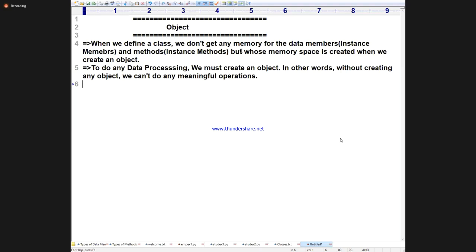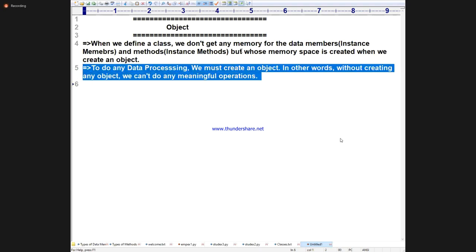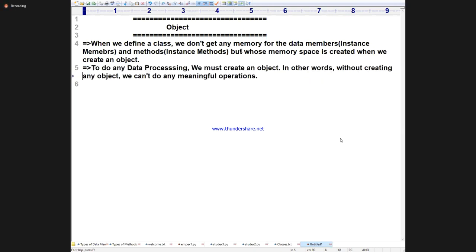To do any data processing, we must create an object. In other words, without creating an object, we can't do any meaningful operations, dear students.